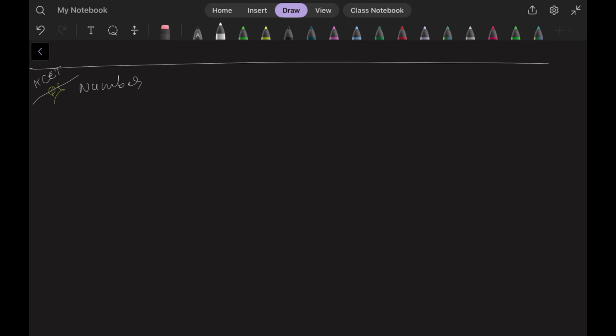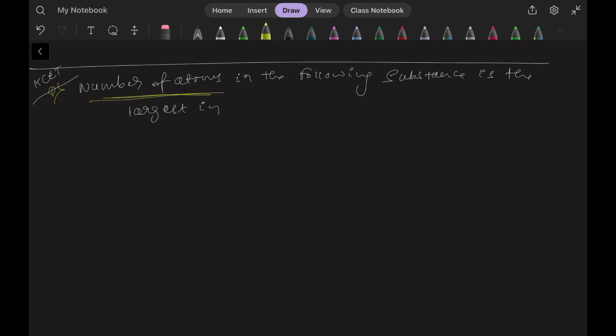Number of atoms in the following substance is the largest in, किसमें number of atoms ज़्यादा है, they are asking. And interesting कहानी is they gave the options: option 1, 4 gram of hydrogen H2,